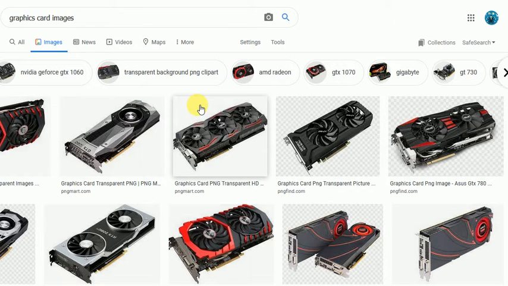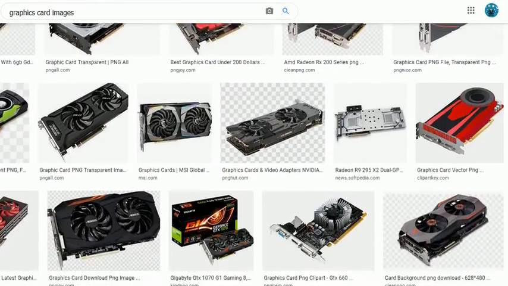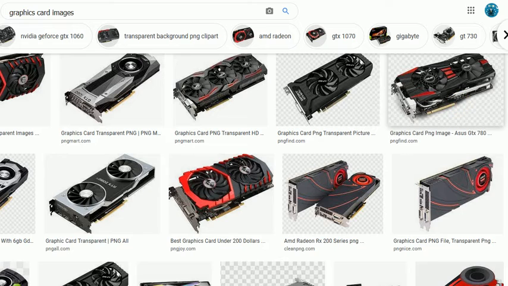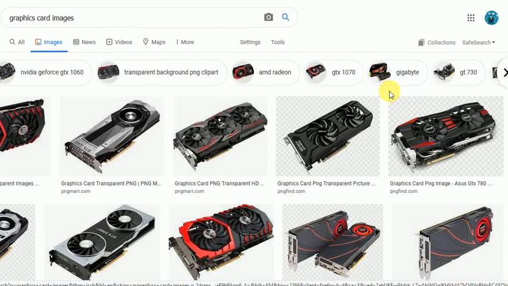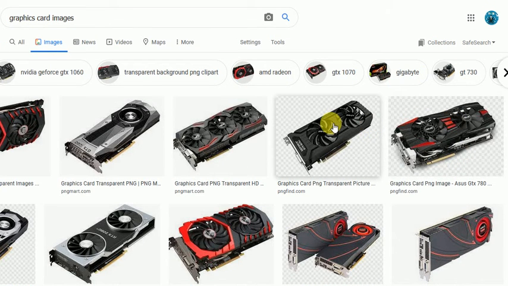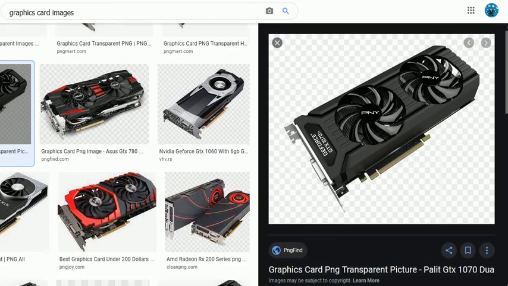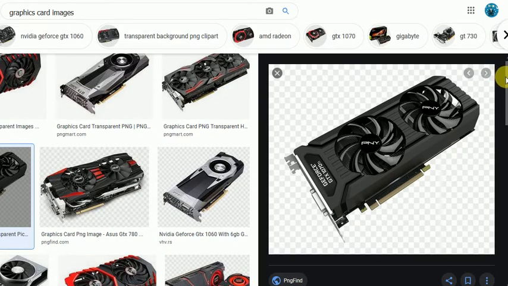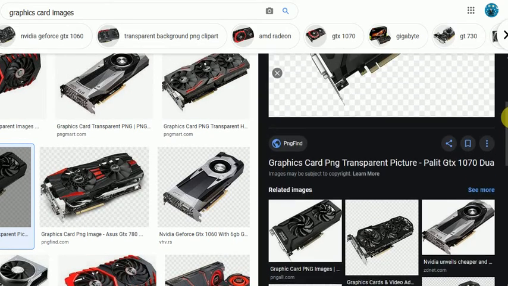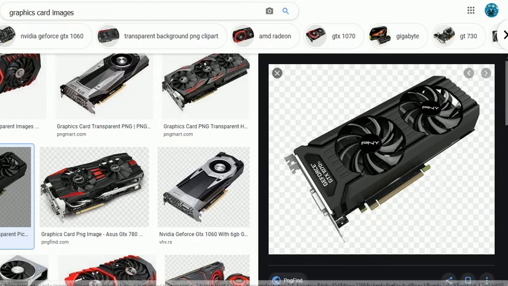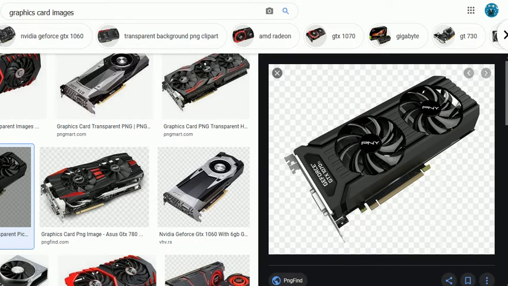Basically, a graphics card is used for high quality resolution. Whenever a screen needs high quality resolution, a graphics card is used. So display adapter and graphics card.